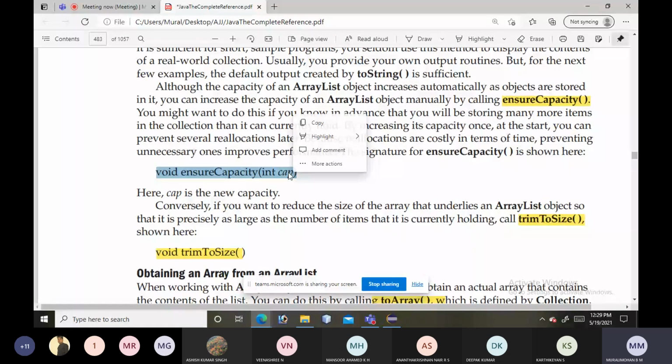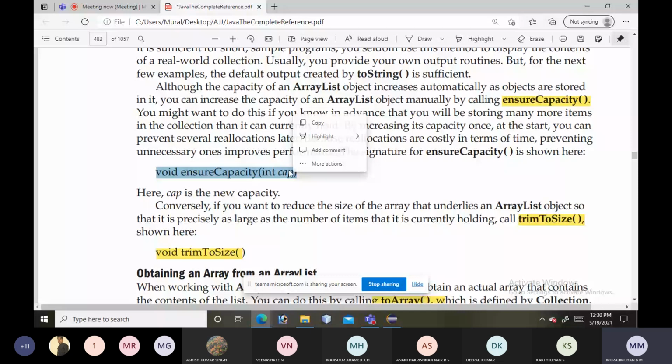After 45, whenever you add an element, again it will be reallocated. So it is not that, sir, here we are specifying the capacity so it will be fixed in nature. No, up to that capacity reallocations will be avoided. After filling that capacity, if you try to add an element, again it will be extended, again it will increase the size. This is with respect to adding the elements.